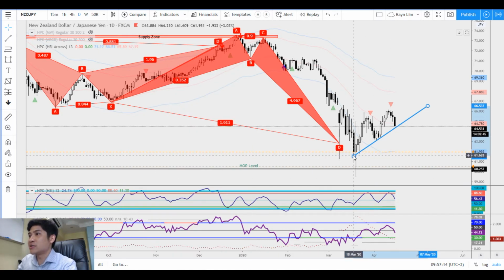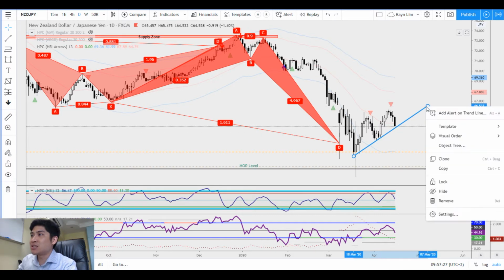But the way that I draw is to touch as many of the bottoms, that means the lows or the highs, as possible, and as far as possible do not cut the candles without any unnecessary reason. So once this is done, I always link it to the nearest one rather than the latest one. Okay, and I have to make a judgment call if I have to skip this, because if I join here to here, I'll miss the point over here. And over here it has already bounced, so I will take the bounce level. Okay,